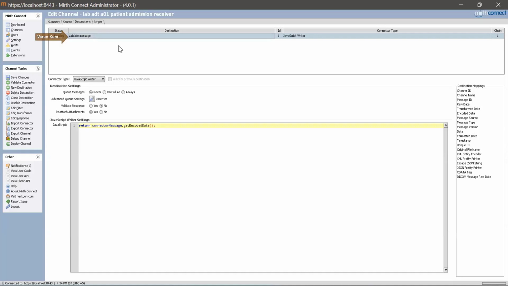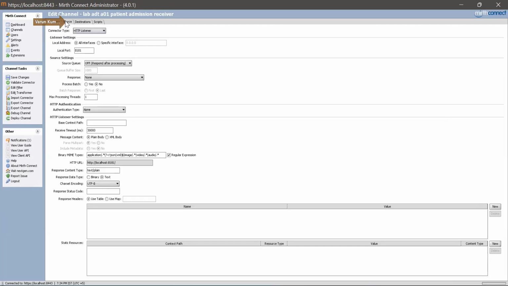Now go back to source and say that it is part of the response. We are going to select there. You should see the validate message option there. Correct. Now click back on destination.